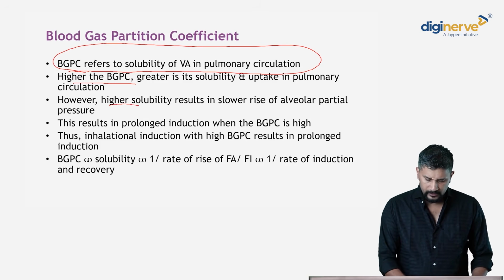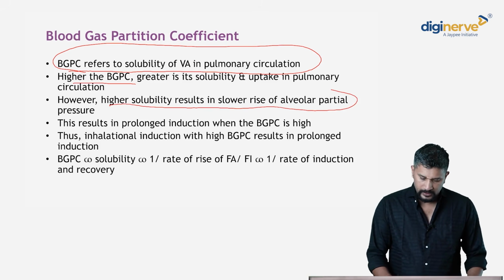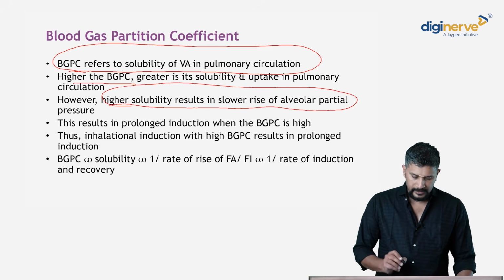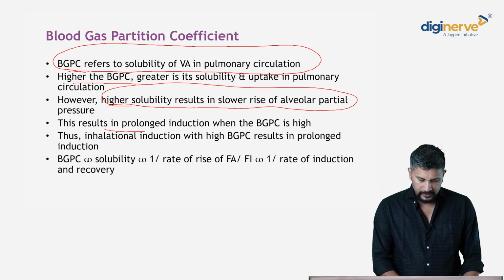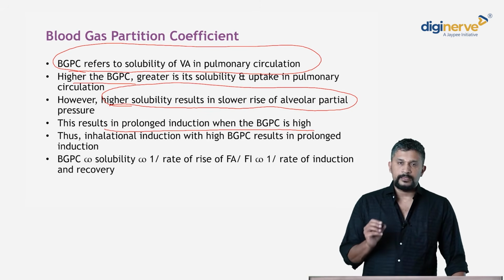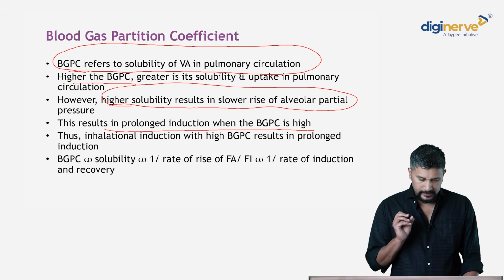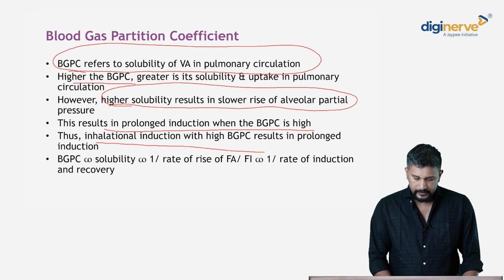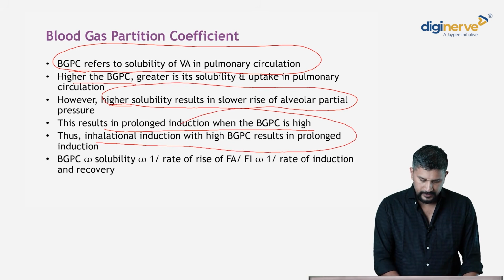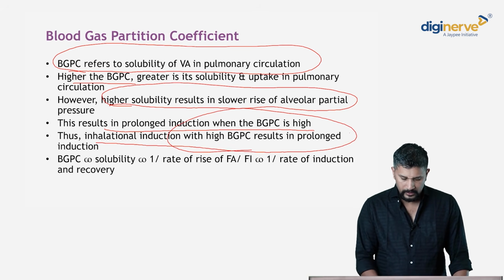However, this higher solubility results in a slower rise of your alveolar partial pressures, and this leads to a prolonged induction like we saw earlier when the blood gas partition coefficient is high. Therefore, your inhalational induction with agents with higher blood gas partition coefficient results in a prolonged induction,